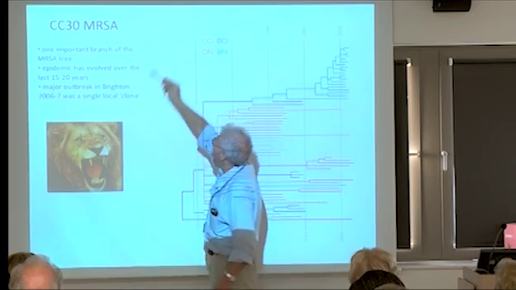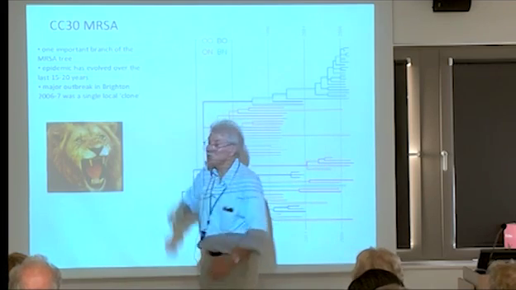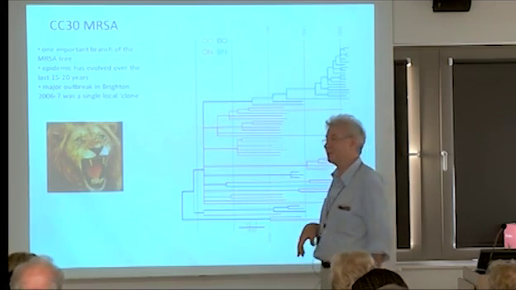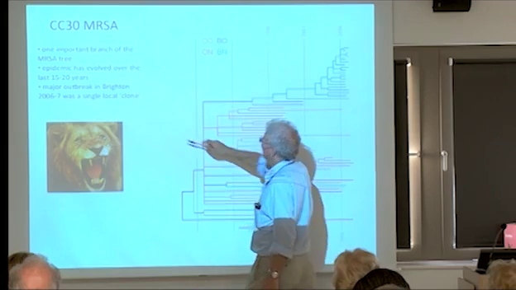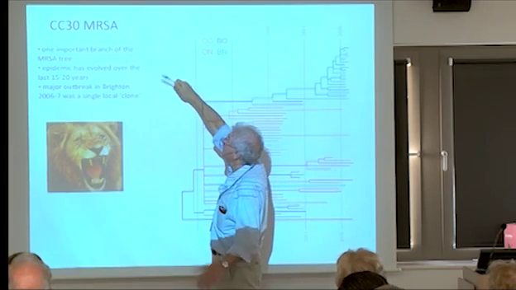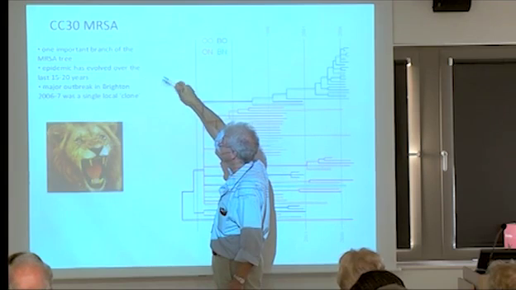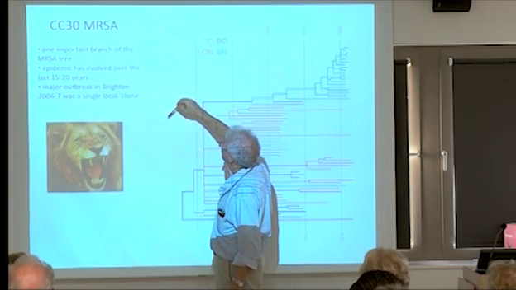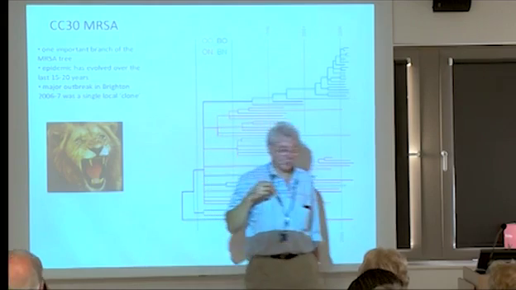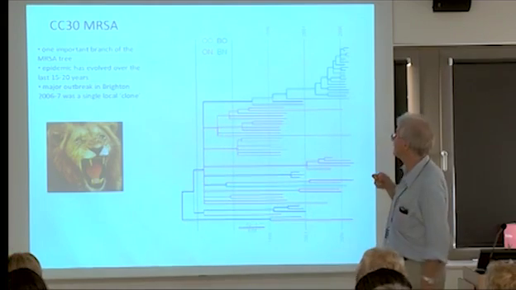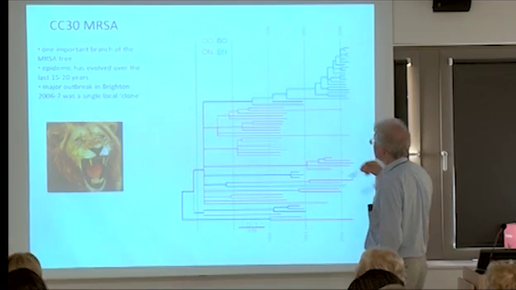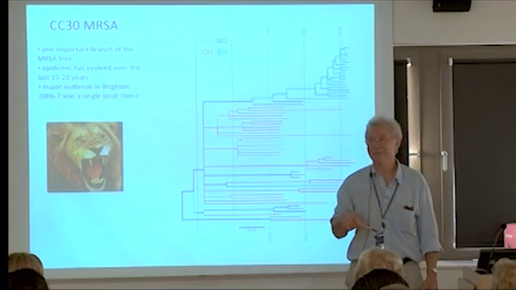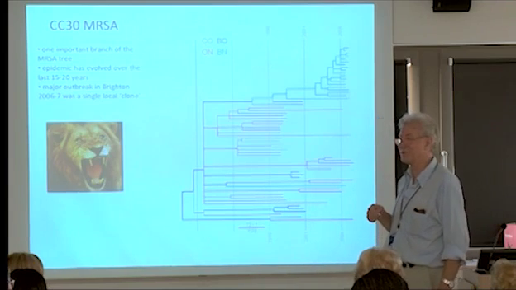This is ridiculous, but there are two pedigrees of MRSA that have come through. This one came through first. It's given a name, clonal complex 30. So this is the one that came through first. It's seen to bite you. And what is interesting, we have worked with Brighton in this sense. And this works out the family tree, as it were, of those, how closely or not closely they're related.